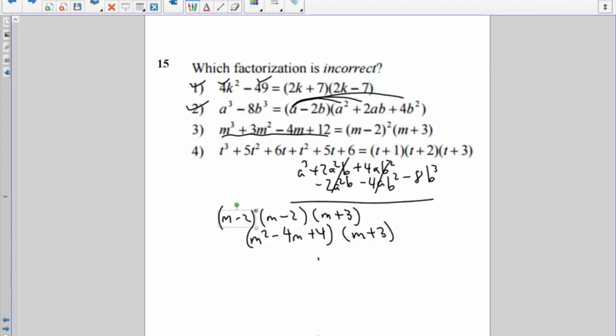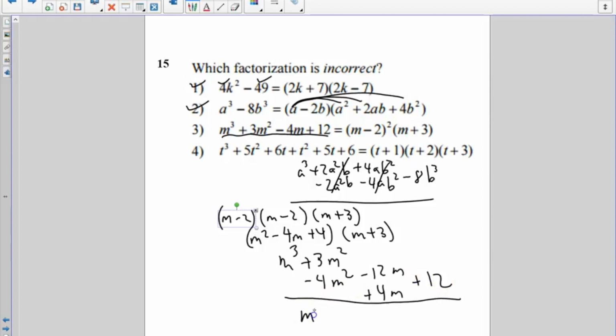So, let's extend the page right there. So m squared times m gives me m to the third. M squared times 3 gives me plus 3m squared. Negative 4 times m gives me negative 4m squared. Negative 4 times 3 gives me negative 12m. 4 times m gives me positive 4m. And 4 times 3 gives me positive 12. So I have m to the third minus m squared minus 8m plus 12, which gives